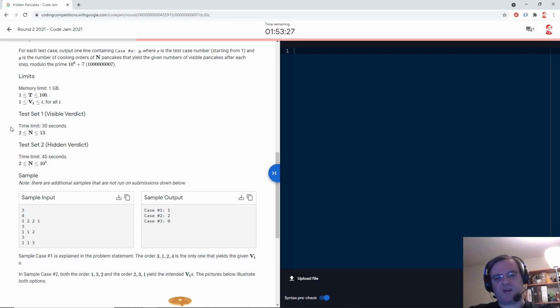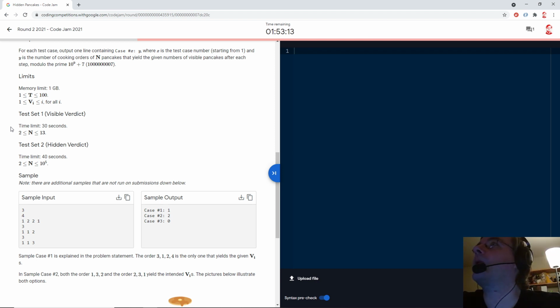So the obvious thing, a dynamic programming solution going from 1 to n, doesn't work because you need to know the status. Basically, you need to know the visible sequence, and there are exponentially many possibilities for the currently visible sequence. So that's no good. Now, for each pancake added, we know how long it is visible.